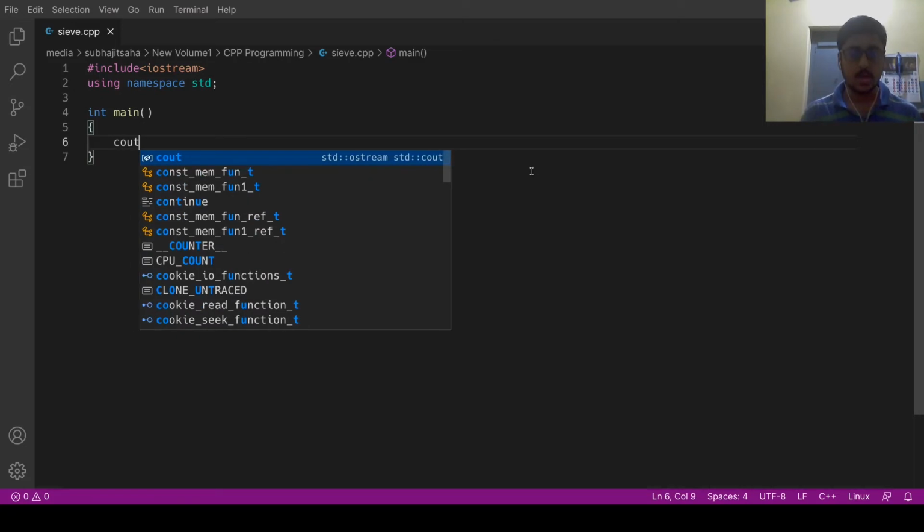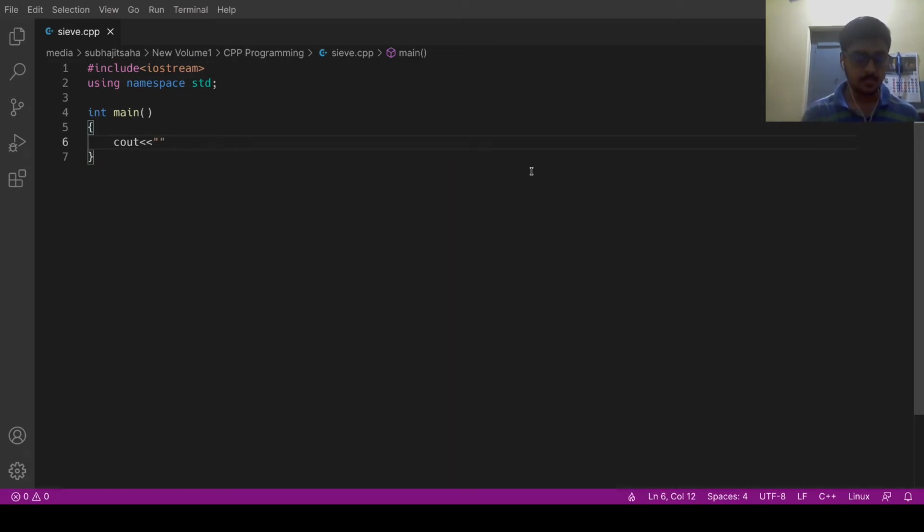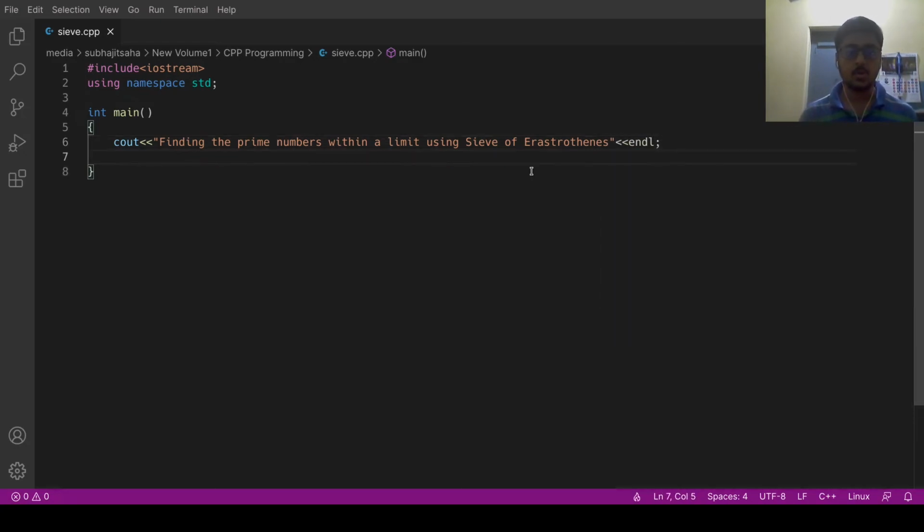Okay, so cout: finding the prime numbers within a limit using sieve of Eratosthenes. Okay, so pardon me for the spelling, I might be wrong, and I take an endl for moving it to a new line.